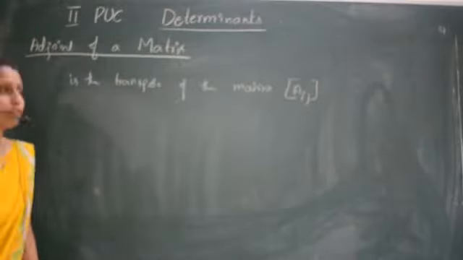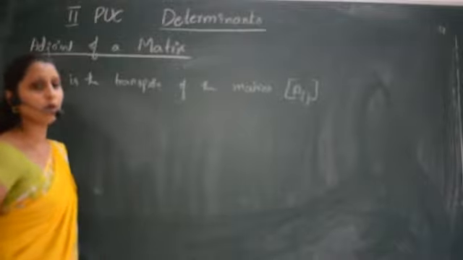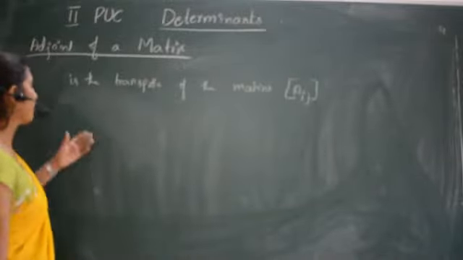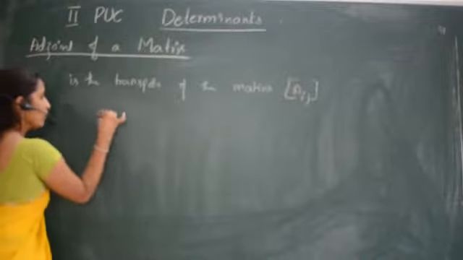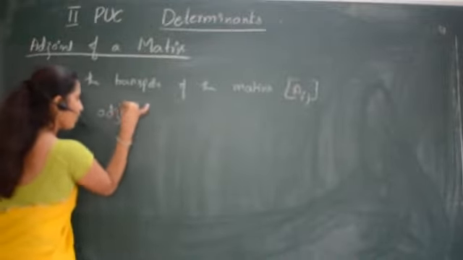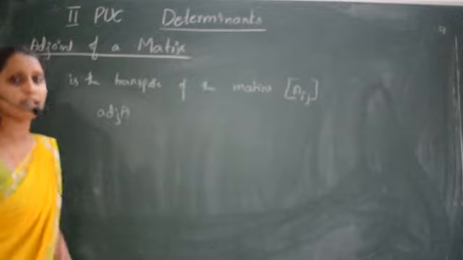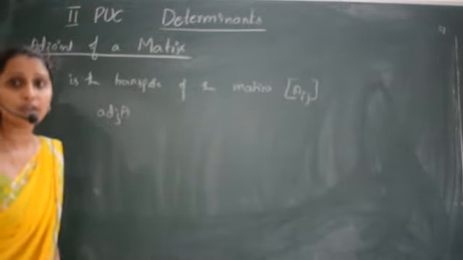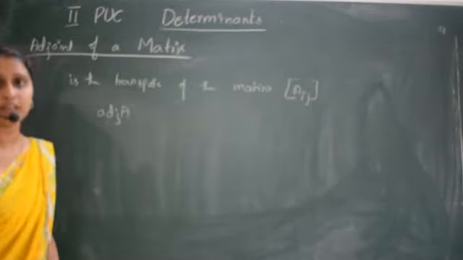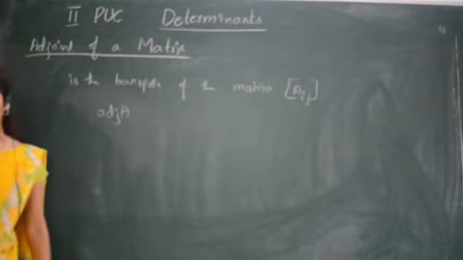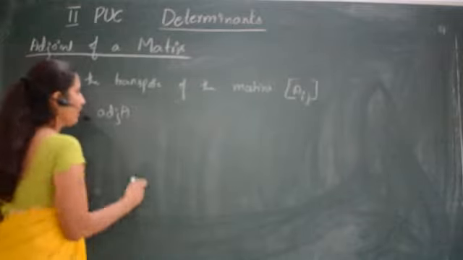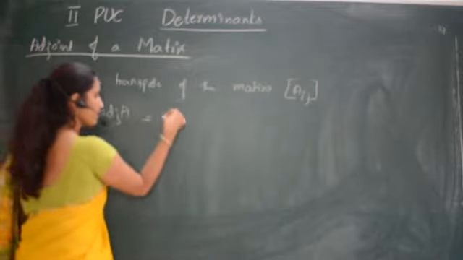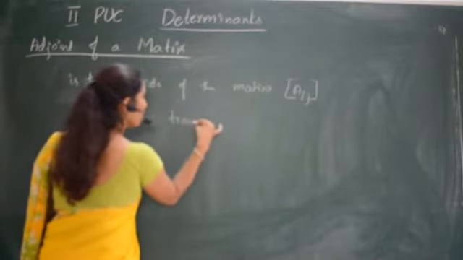So how do we denote the adjoint of a matrix A? If the matrix is A, then the adjoint of A is denoted by adj A, that indicates adjoint of matrix A. So this is about adjoint of a matrix. Now how can we write the adjoint of a matrix? It is the transpose of